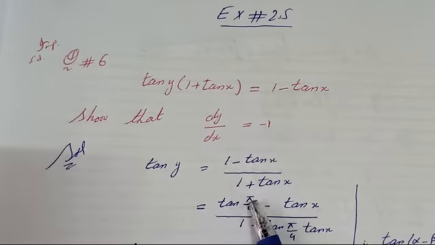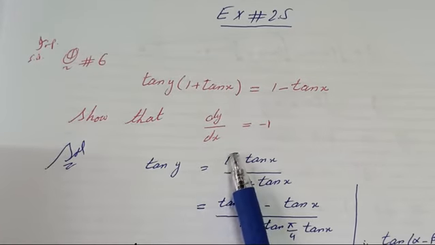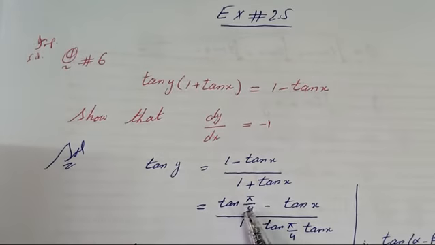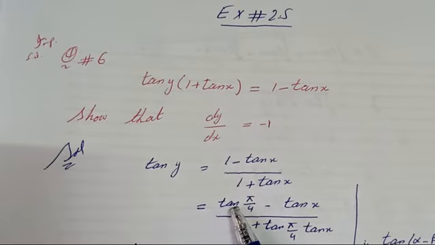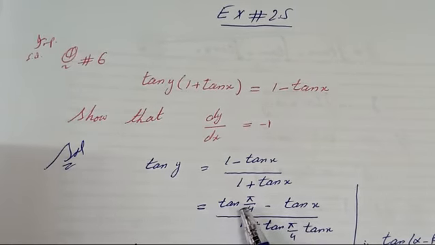So as you know, pi over 4 is the value of 45 degrees, and tangent 45 is equal to 1. So we have replaced this 1 by tangent pi over 4. So there is no issue in writing tangent pi over 4 in place of 1 in the numerator, while in the denominator we have written tangent pi over 4, which means 1, and tangent x as it is. We have written tangent pi over 4 in two places, but it makes no difference, as the value of tangent pi over 4 is 1.